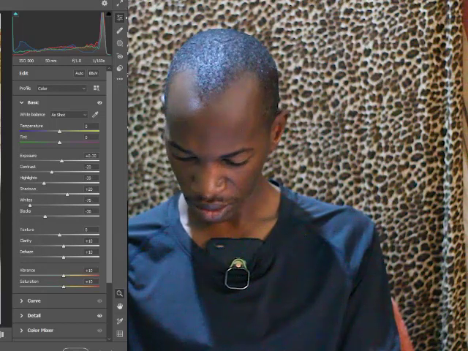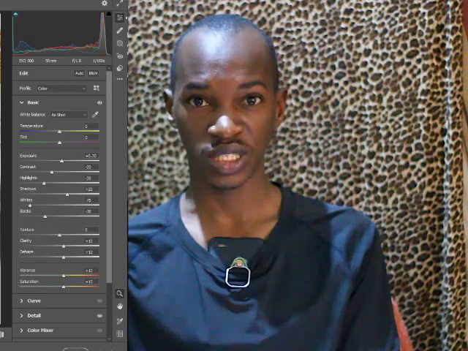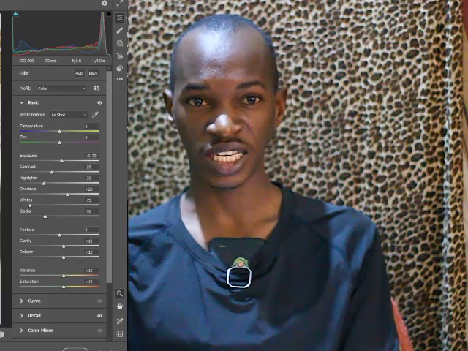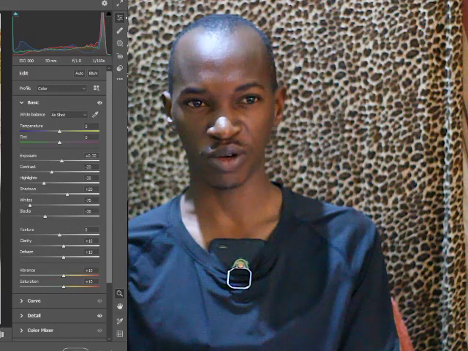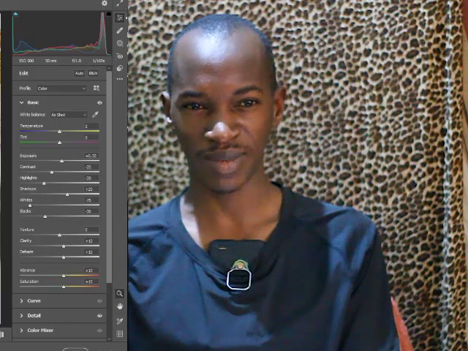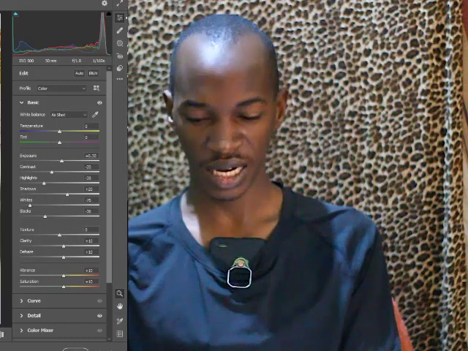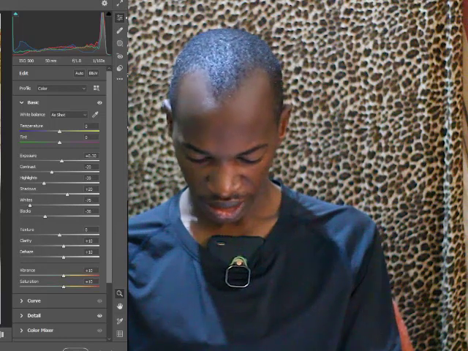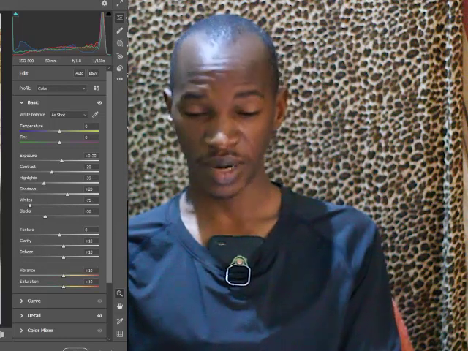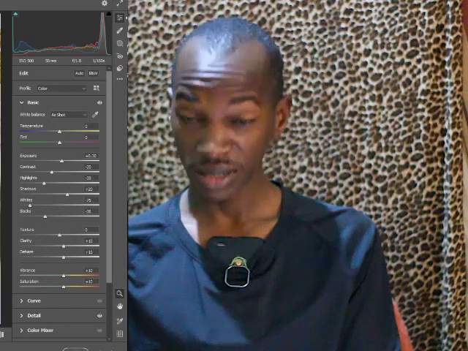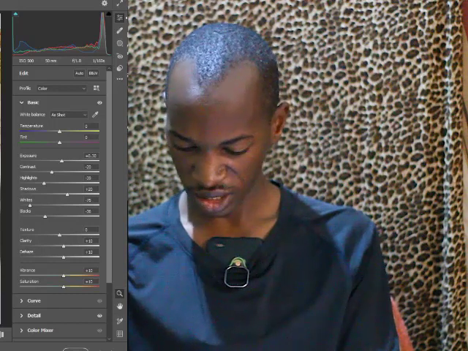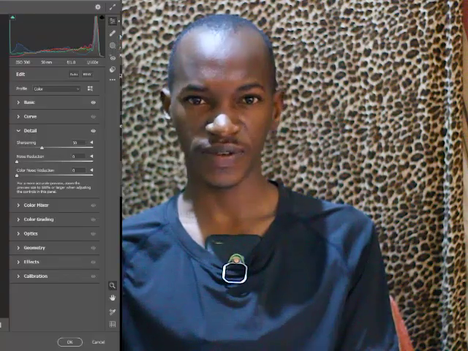Then blacks also -37. This one also is changeable. I press down Alt and adjust until I only have a bit of red, making sure the black has just disappeared. Then I stop there. Then texture 0, or sometimes I add +10. Clarity +10. Saturation +10. Then under details, sharpening, I add +50,